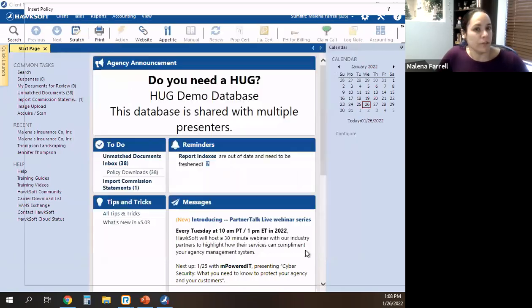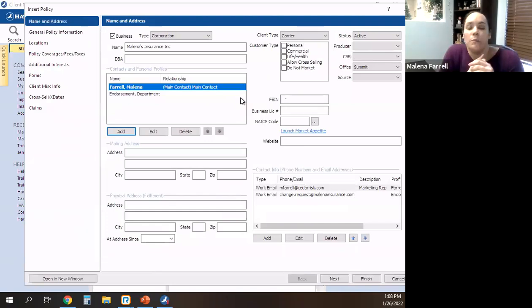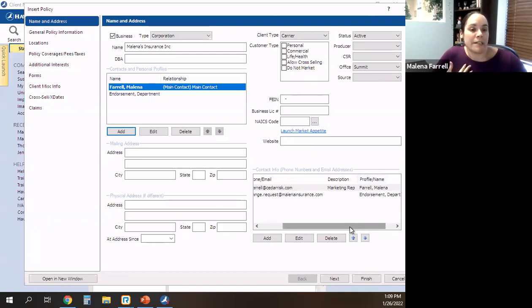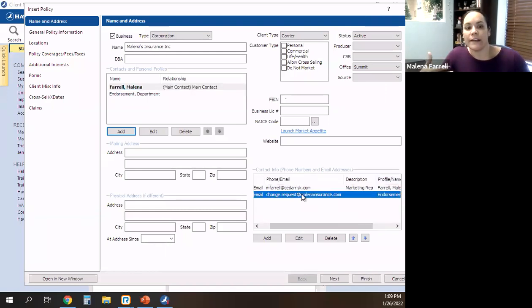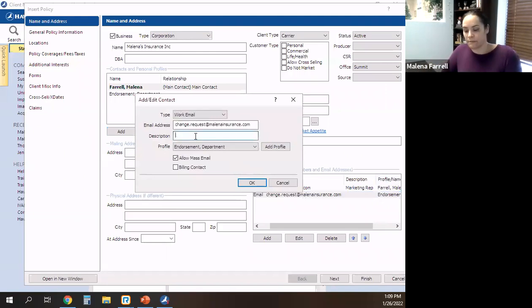So in my opinion, the two most important things when putting in your carrier file: when you're in there, put in every single contact person, every single email address, specifically the email addresses so that you can use them going forward, but you give them a description. If you see down here in the bottom corner, I put a description for one. I did not put a description for the other. In my mind, that's going to make it confusing for people down the road. So if I saw that I did this, I would go back and I would change this and I would say,